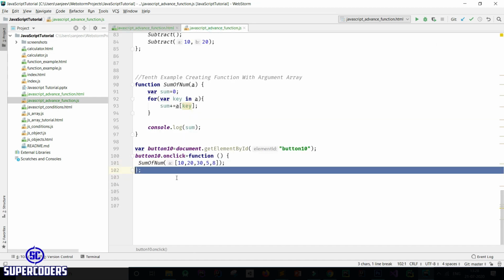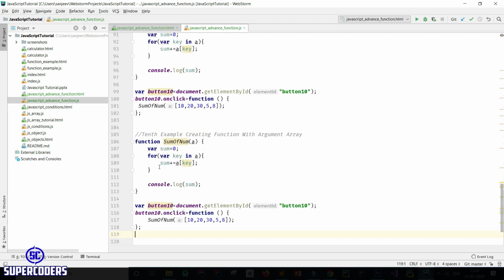So again copy this code and paste here, change this to 11th example creating function with REST operator. Change this id to 11 and change this to 11. Also change this to 11 and change this function name to REST sum of number 2 and calling this number 2. And instead of passing data in array, let's remove this array.